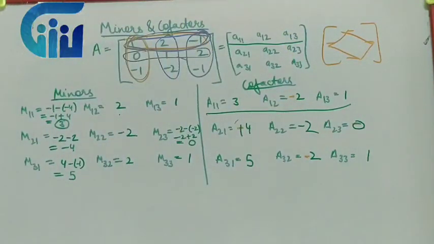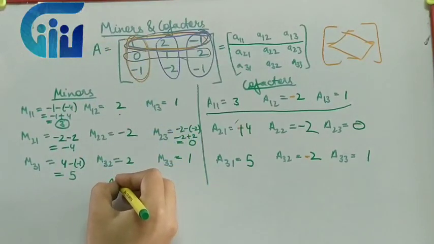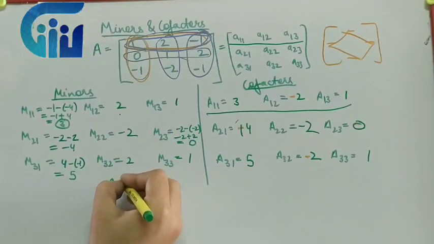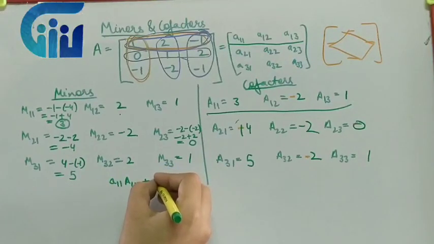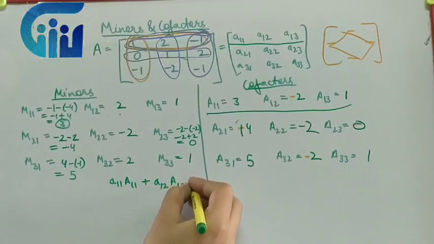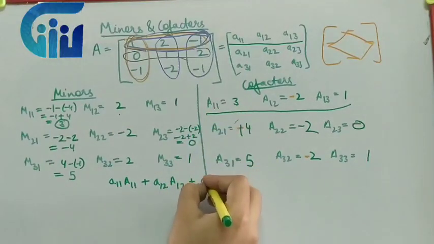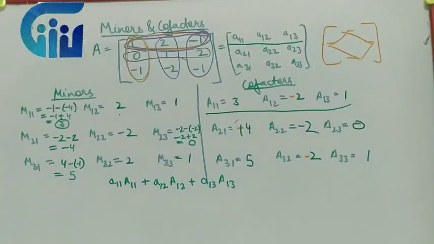Let me now multiply this particular cofactor with the corresponding element and add up the whole expression. Okay, clearly. Now what I am saying is, if I multiply the corresponding element, that is A11, with the cofactor of that particular element, and add up the whole expression, that is A12 and this is A12, now plus A13 and A13. So what I am doing is multiplying the elements with their corresponding cofactors and adding up the whole expression. Let me see what we are getting.